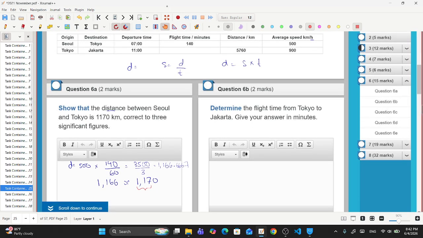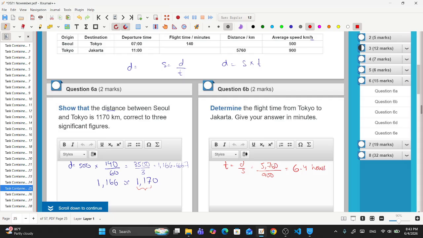So time can be calculated by distance divided by the speed, isn't it? So we have a distance of 5,760 kilometers and the average speed of 900 kilometers per hour. If we were to solve it on a calculator, we would get 5760 divided by 900, 32 over 5, which becomes 6.4. But that is 6.4 hours,